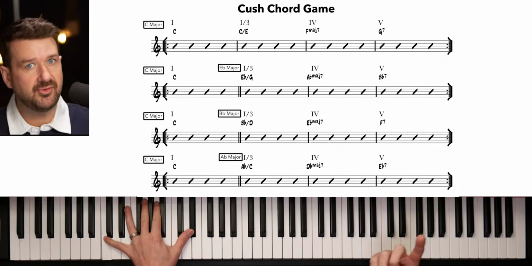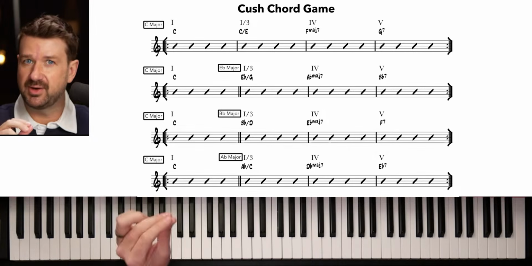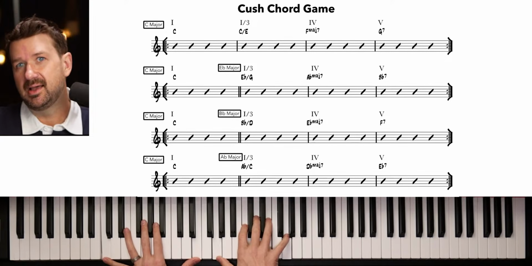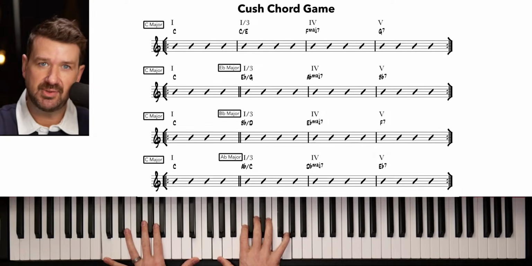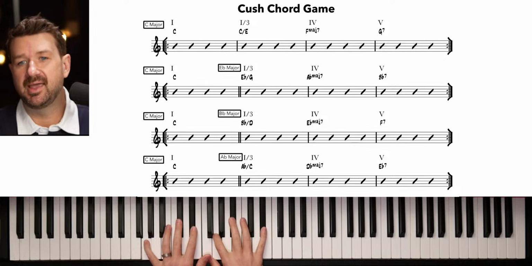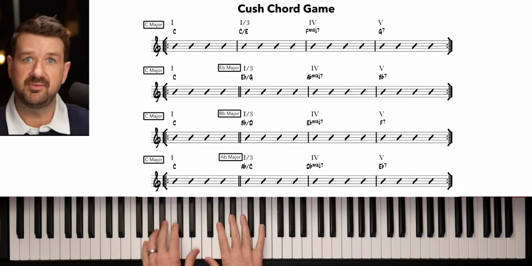So the way that I love to frame this Kush chord game, again, it's just modal interchange. It's a different way to frame it so you get different ideas. It's just an idea generator. Is I have my tonic C major, and then everything except for the tonic gets moved up to the key of E flat. So in this case, up a minor third. So our C over E, right? Our 1 over 3, we do that in the key of E flat.